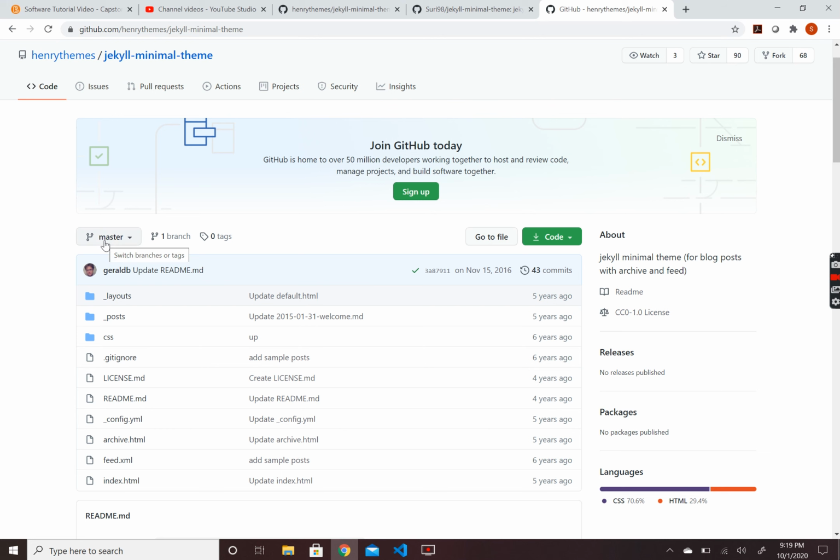Now, I want to talk about what a master and a branch is. A master branch is the main branch that you use to push or pull any code from. Okay, these branches are important, especially when you are working with another person, because this is how you make sure that you guys are on the same page and you're getting the most updated version of your code at all times. In GitHub, there's no way to code at the same time with somebody, so you really want to focus